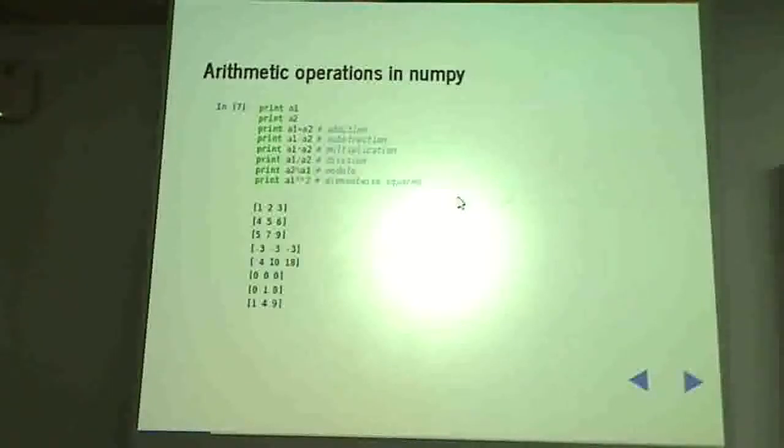Of course, addition is not the only operation you can do in NumPy. You can do a host of other operations. So if you have these A1 and A2, we can add them together, subtract one from the other, multiply them together, divide them, even do modulo division. Modulo division does an element by element division and returns the remainder for every division. You can even do things like A1 star star 2, which will basically square every element in place. So 1, 2, 3 will become 1, 4, 9, right?